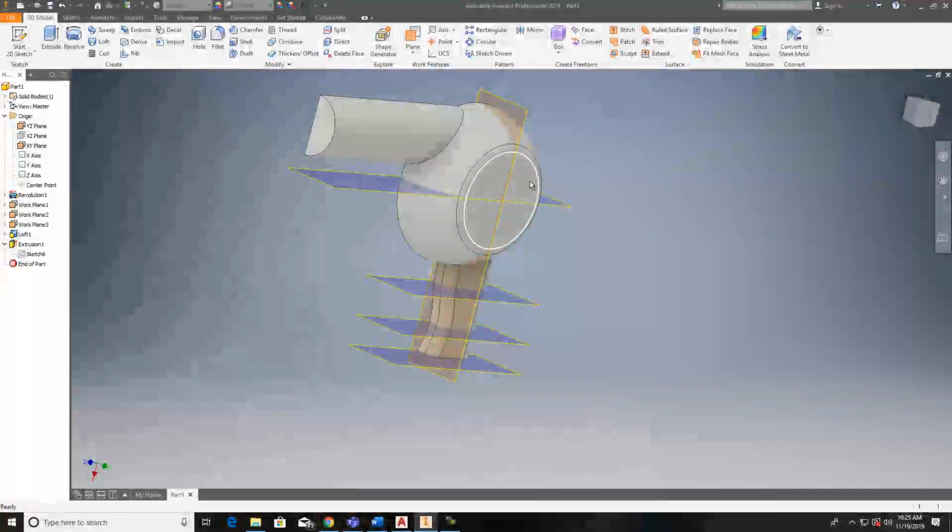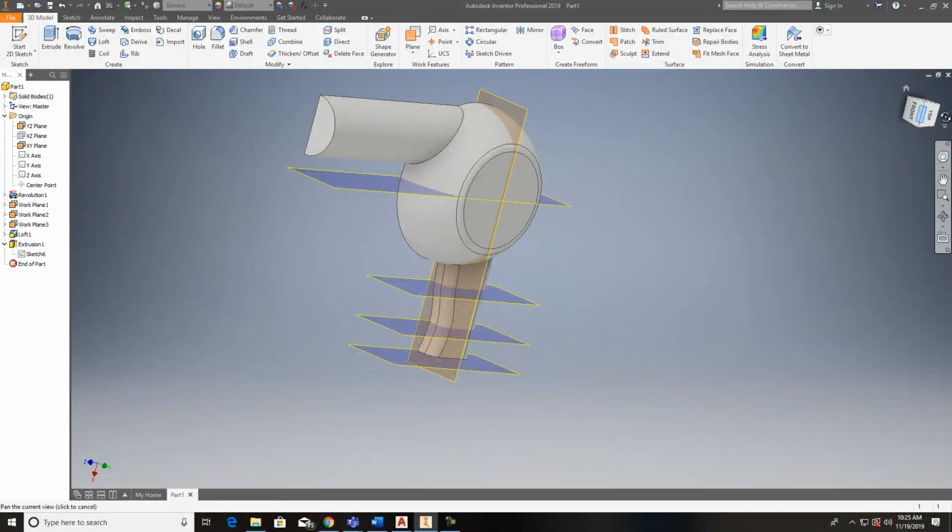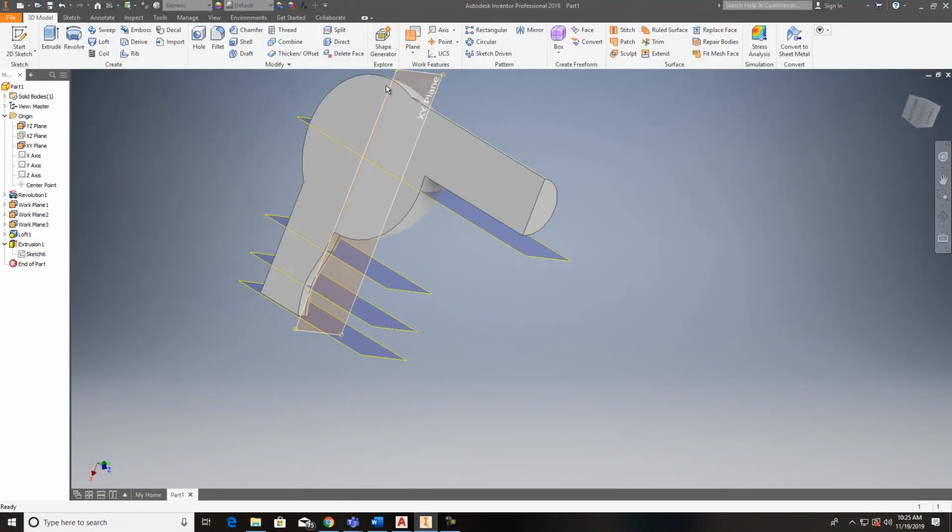Alright, now we got to get the vents put in it. That probably, or we got to shell it. Let's go ahead and shell this thing out. And what that means is, this is a plastic casing and it'll have a shell all the way around. So you hit shell,